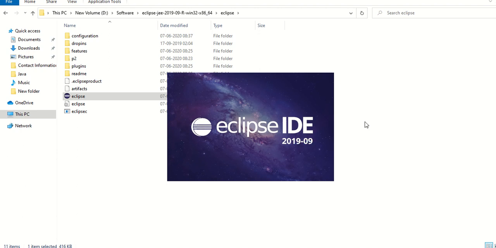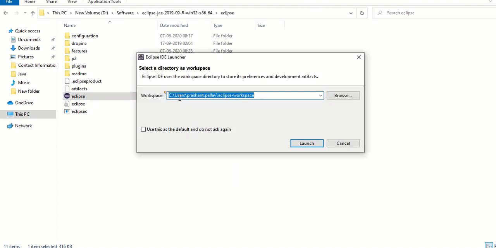The first time it will take a few minutes to do the setup. And the best part is you don't have to install anything. This is a zip file, and you just have to start development. Now first you'll have to select the workspace. You can see this is my C drive location, and it will create a workspace with the name Eclipse-workspace.